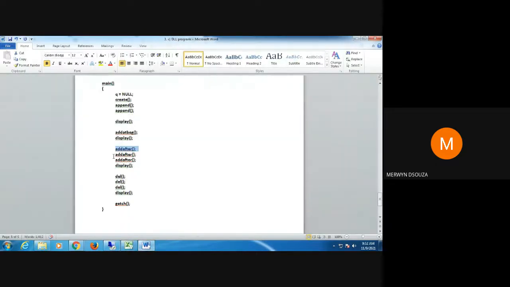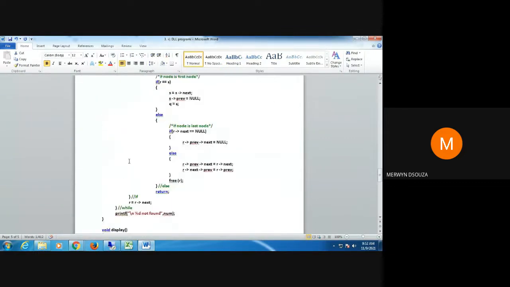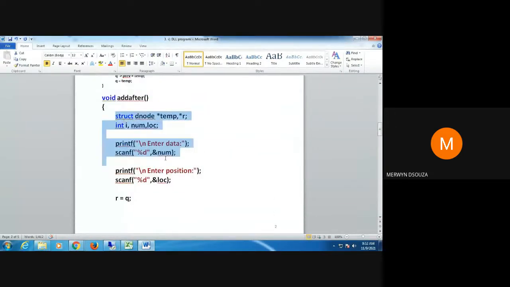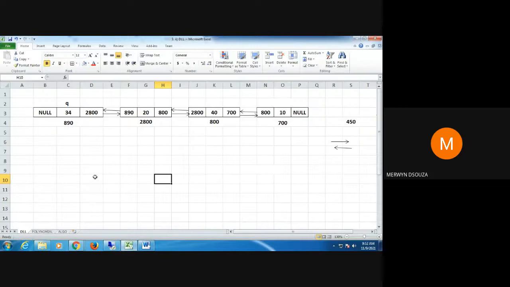Let me call add after another time, and let's see how it works with a proper insertion. Suppose I call add after again. Again I have this local variable num, say the same 24. Now say LOC is equal to 2.